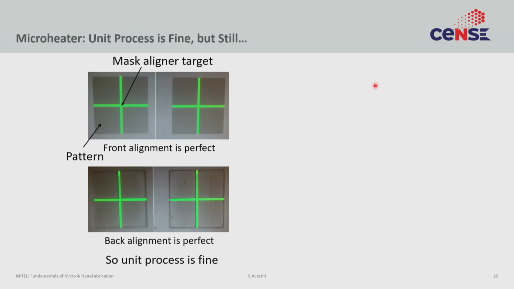The first thing you tend to blame is, okay, lithography went bad. So we went back and looked at the equipment. Is the lithography misaligned by any chance? We did a whole bunch of tests. You can look at the figures. If you don't understand what we are looking at, don't worry about it. The point of these tests was to show that the lithography equipment is working fine. There is no misalignment. This device was not working. Other devices that other people were making were working. So the unit process is fine. There's no problem in the lithography unit process.